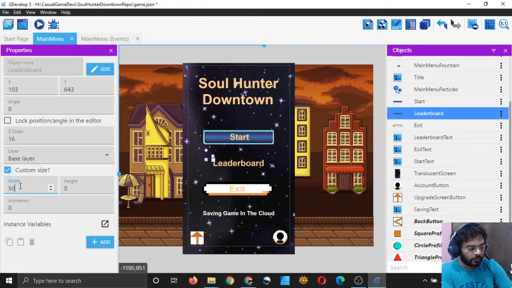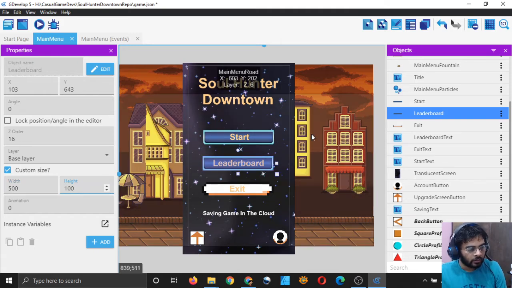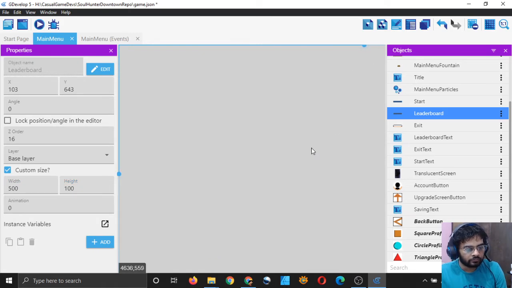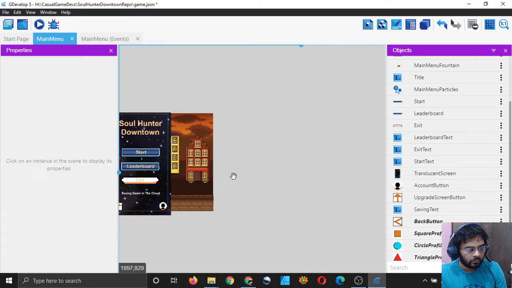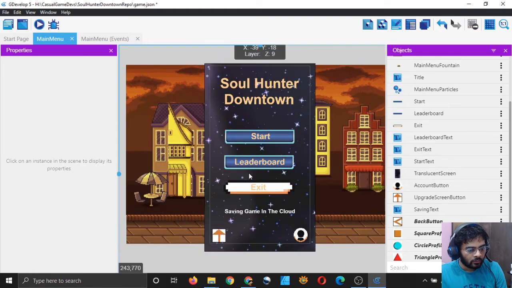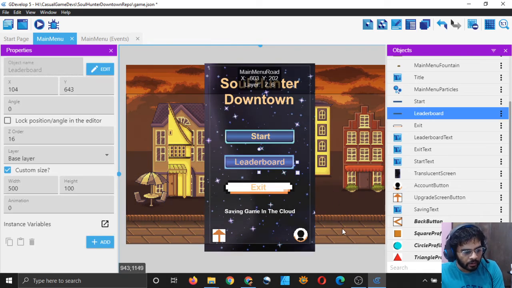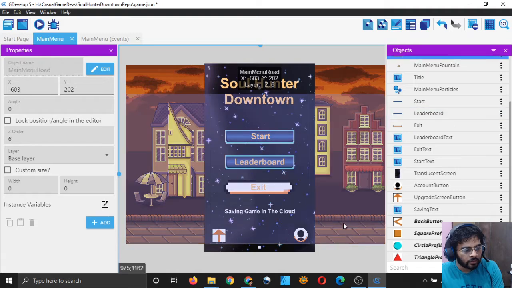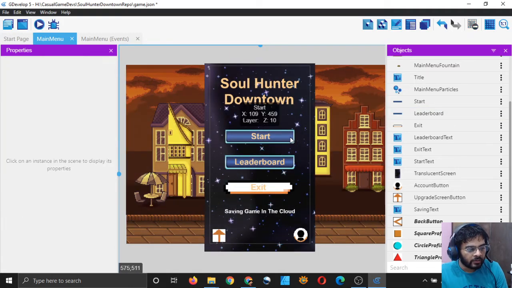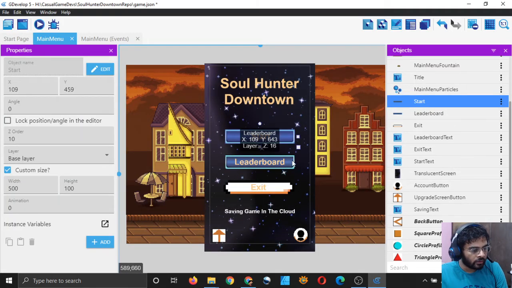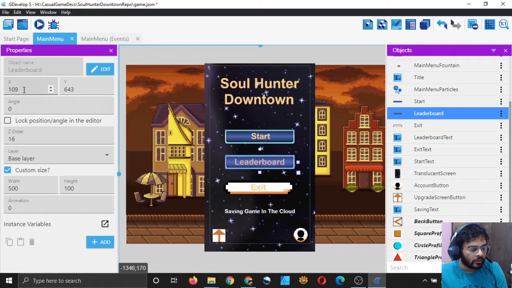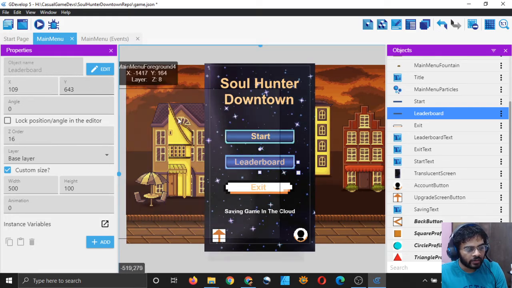It should be 500 cross 100, right? Yeah, so that's looking very good, and let me align it a little bit to the center. You can simply take this one's x value and input it in this one, and it's the same.